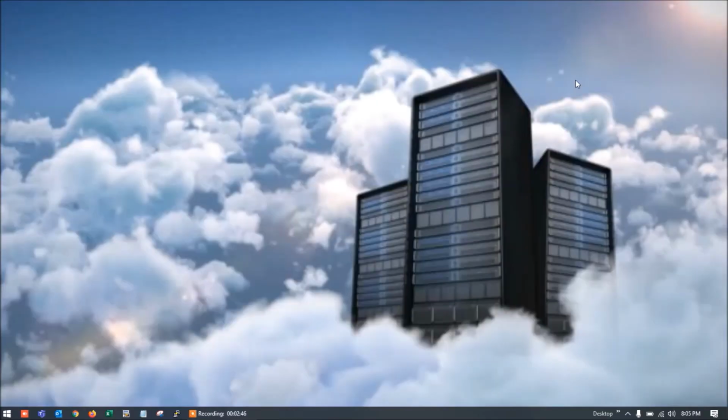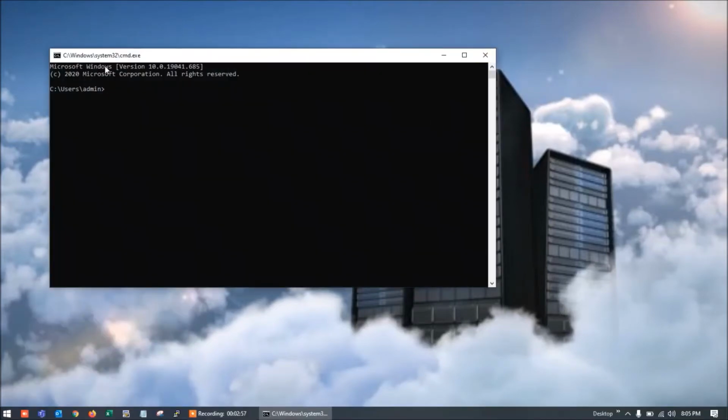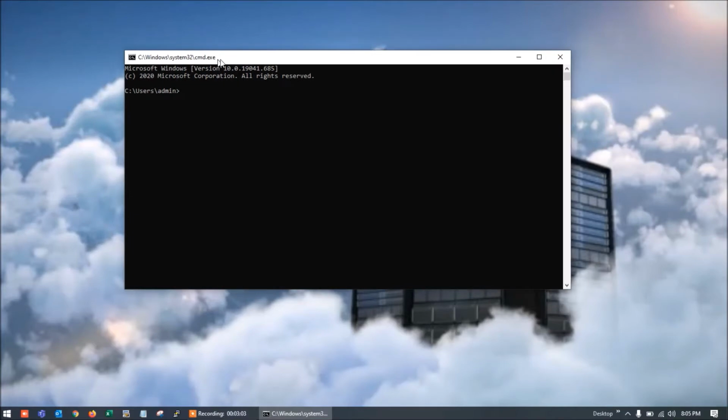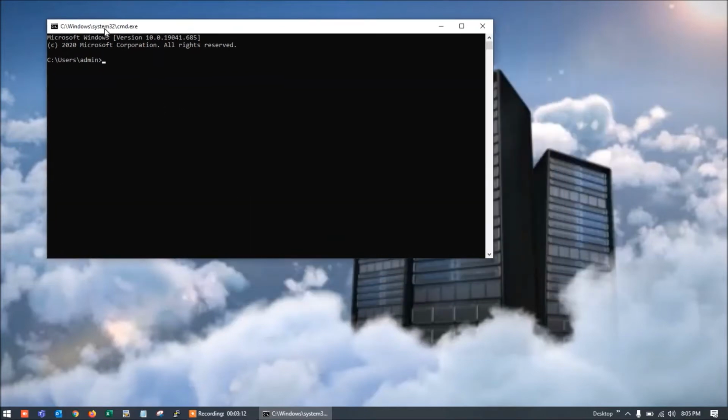Another way is through the command prompt. I will show you how you can find the password through the command prompt. For that, if you simply go to the command prompt, you won't be able to see the password via this, because this doesn't have admin access. If you simply type the relevant command, it won't allow you to go further. I will show you that also.